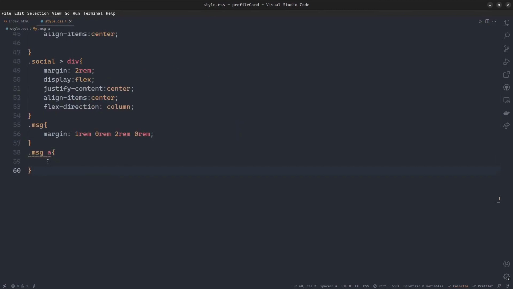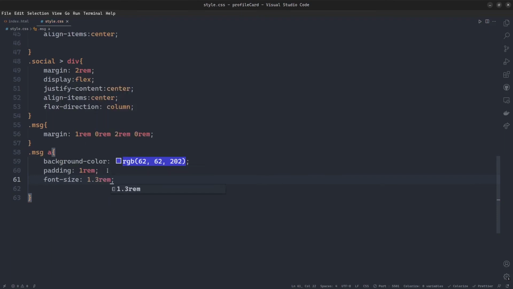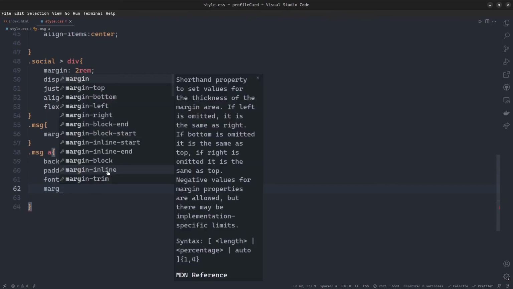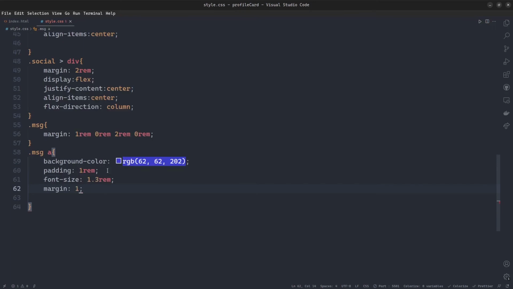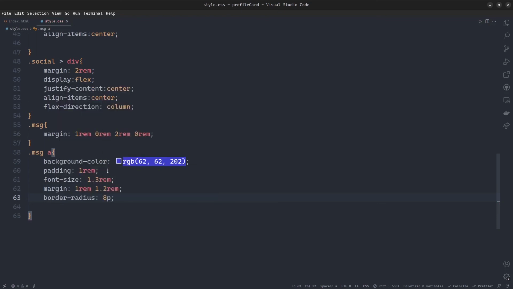These both anchor tags. So now I'm adding a background color and let's copy and paste it here, and adding some padding 1rem, font size 1.3rem, margin 1rem and 1.2rem from left and right, and adding some border radius here, 8 pixel. Okay, if I show you the button,